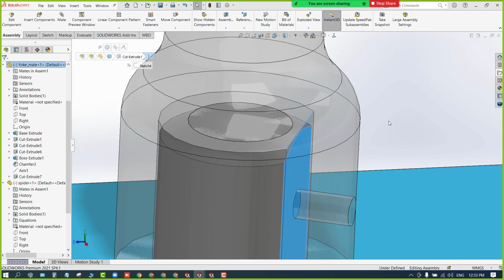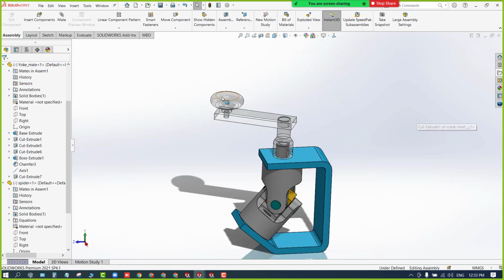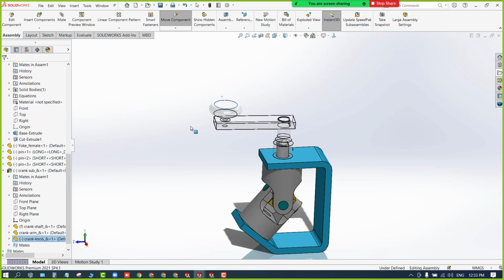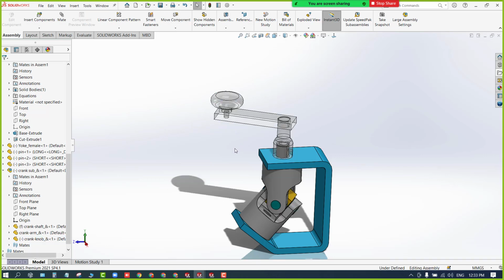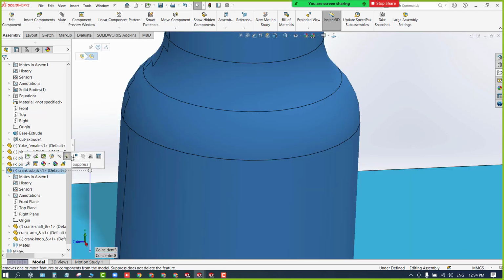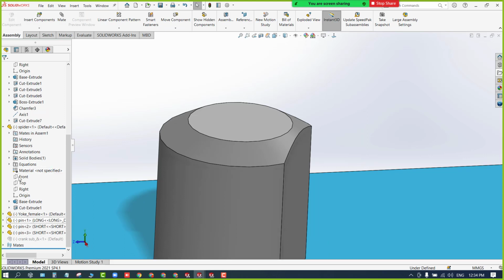Okay. Now if I rotate this knob, everything will rotate, but I don't want to use the shortcut. One more way is you can unsuppress this.